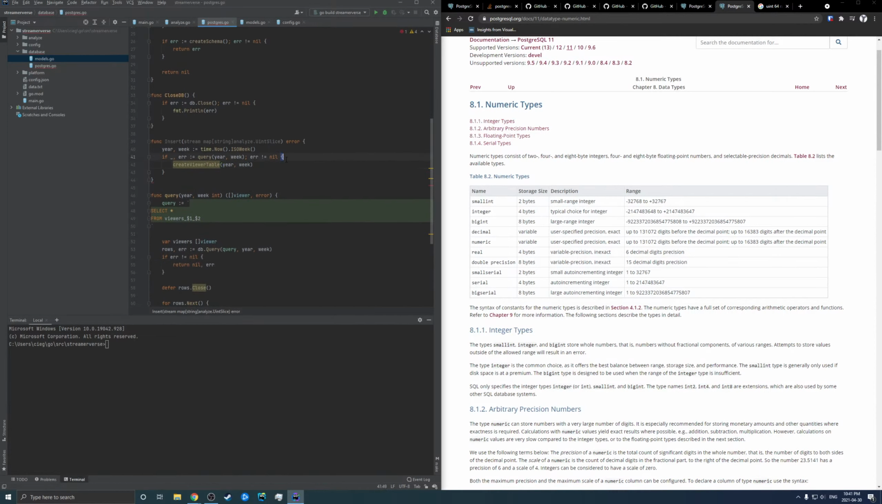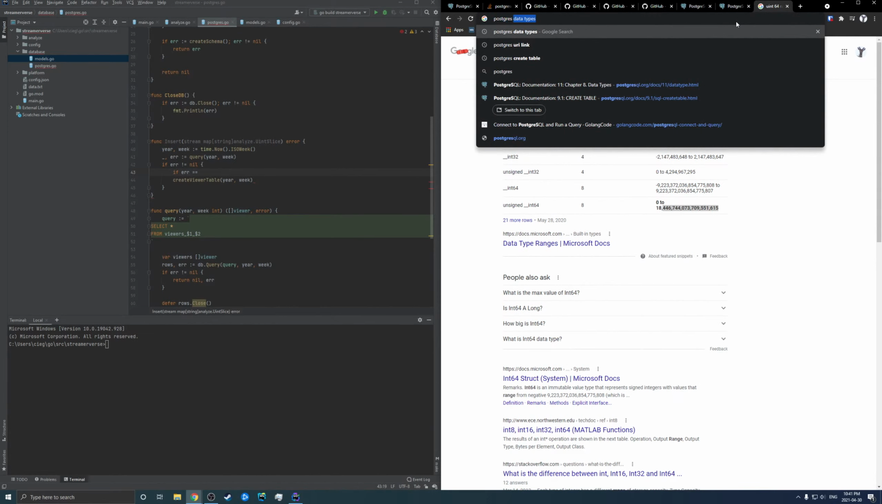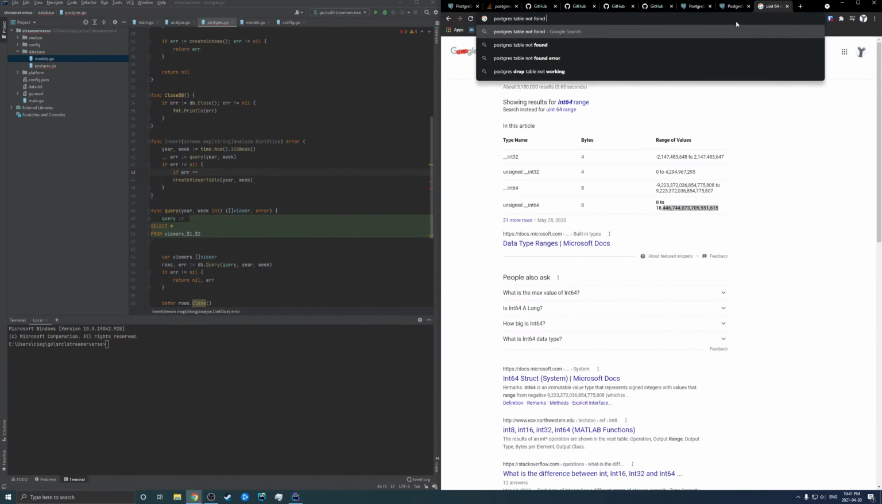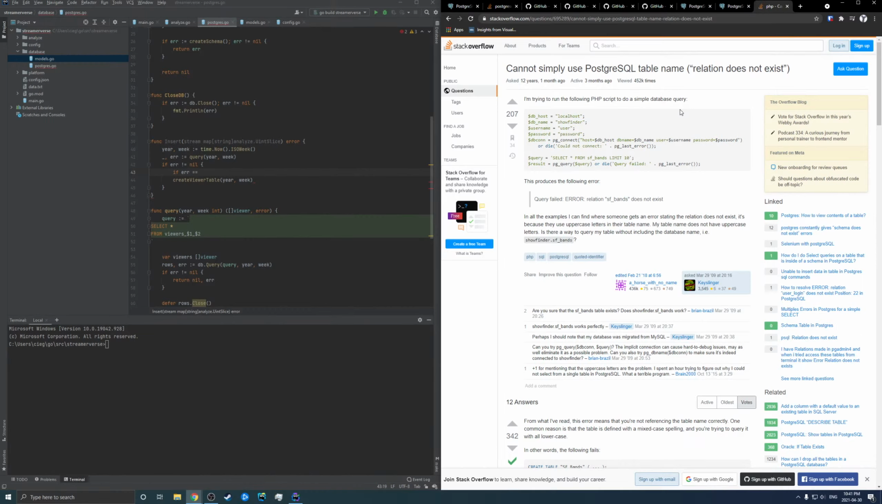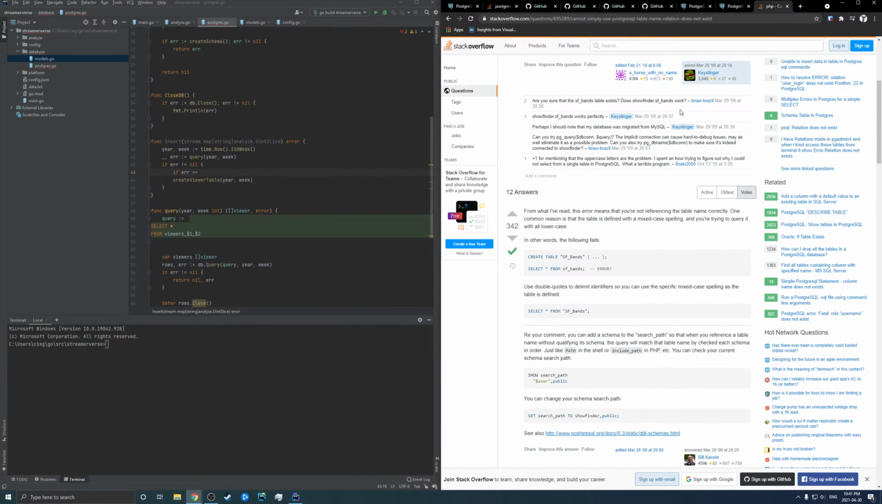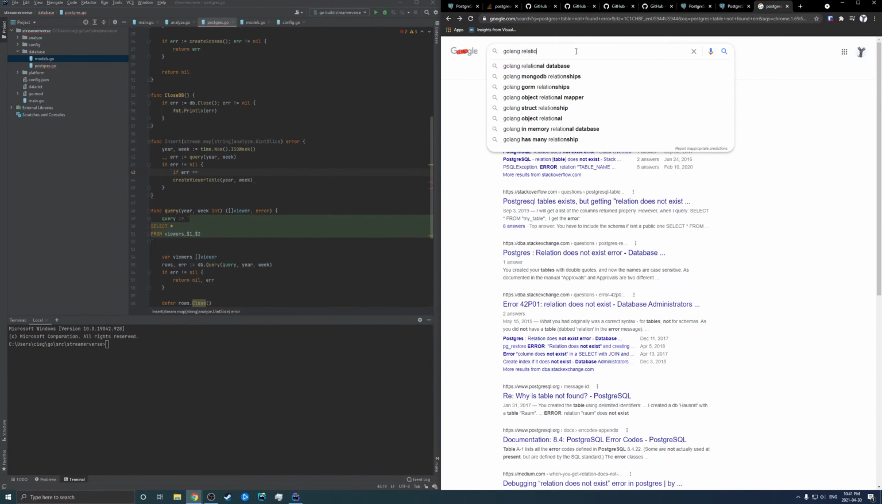I guess I should check the error specifically. Yeah. Let's move this out then. If error is not equal to nil, then if error equals, oh, what would the error be? Postgres table not found error. What's the error? Referencing the table name correctly, so relation does not exist. Okay. Golang relation